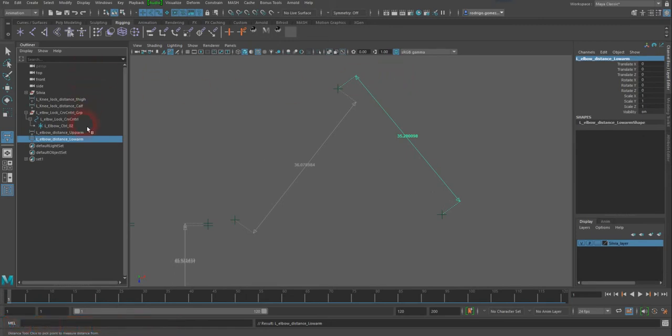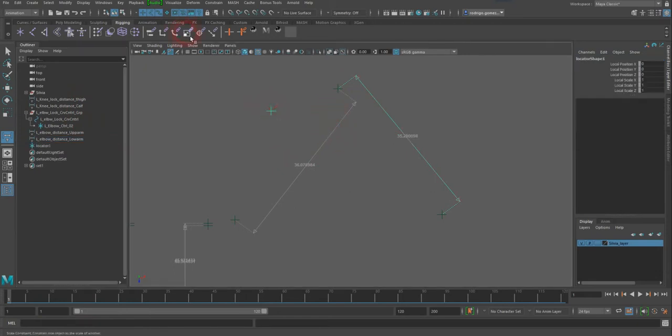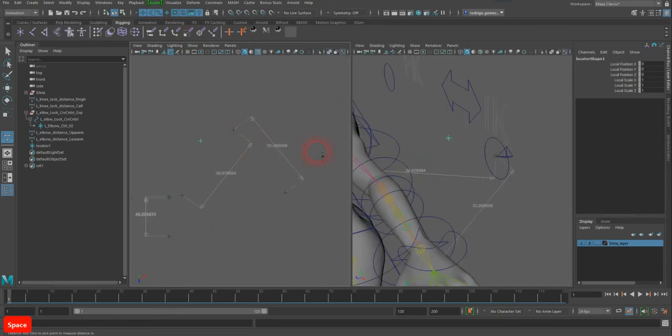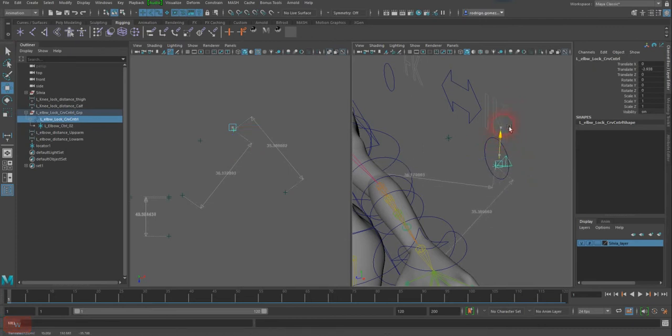That way we have both very distinctively recognized. And of course, if we go and move our object here, those distance tools will move with it. Make sure you go back to 0 here,